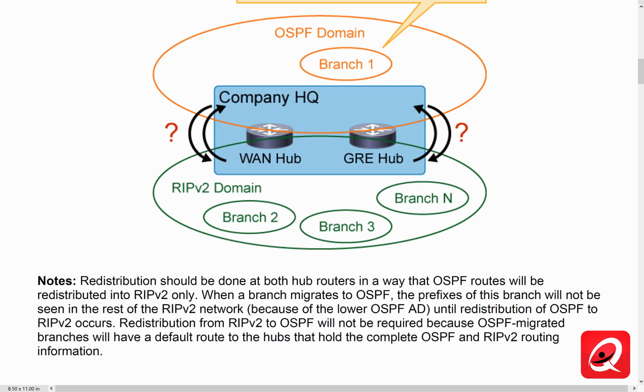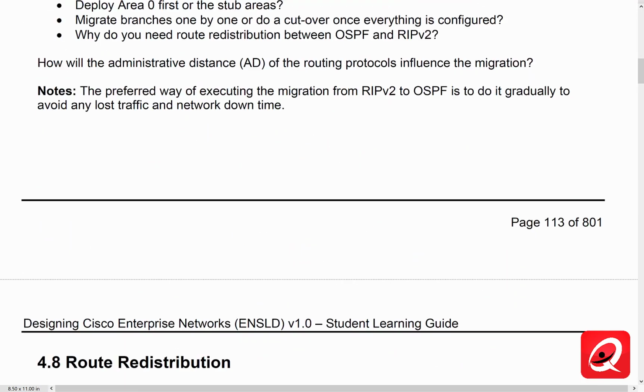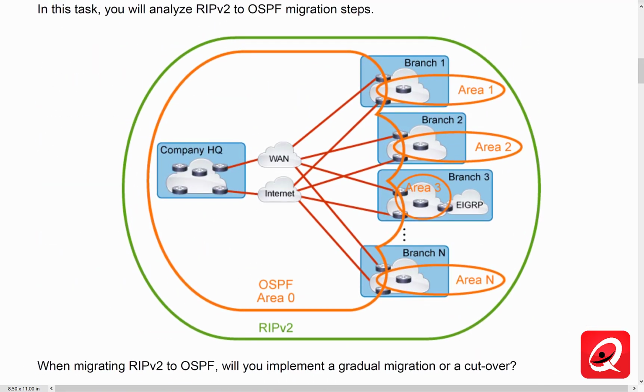When a branch migrates to OSPF, the prefixes of that branch will not be seen in the rest of the RIP network because of the lower OSPF AD. I'm trying to think of, that would probably be an issue on the HQ side. It wouldn't be an issue on the branch side. And so they're exactly right here, because what's going to end up happening in this case, let me go back to this diagram, is once I do this migration, if I can stop there, once I do this migration,